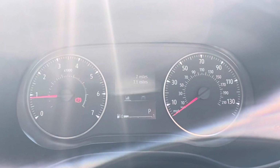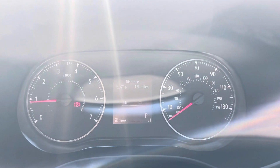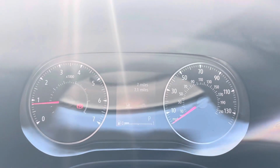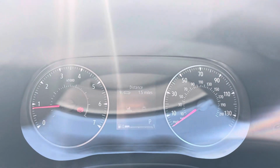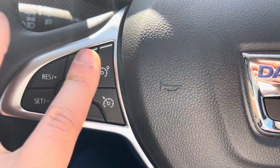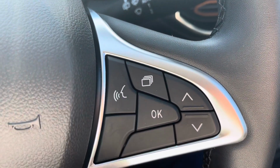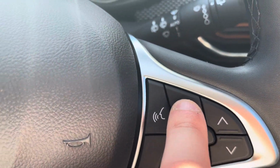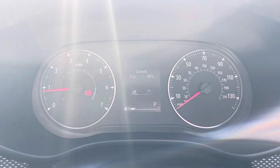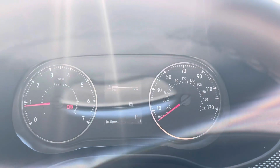And then we've got your dash, and the central dash is your mileage, average MPG, etc. This is a brand new model, so it hasn't had the time to show you a proper MPG, etc. on there. These are your cruise control and speed limiter controls. And then you've got your voice activation for smartphone. And this button here, I'm going to press it. It will change how the dash layout is. So here we've got miles per hour,